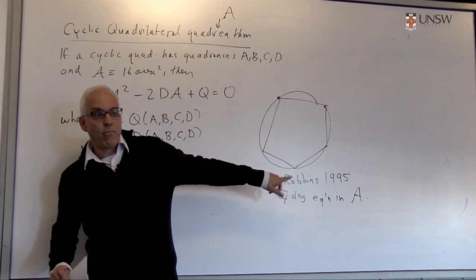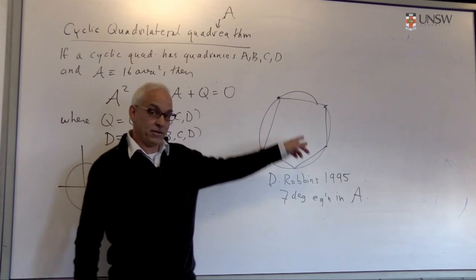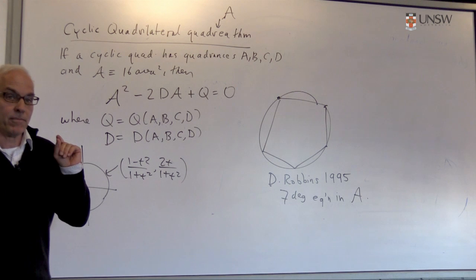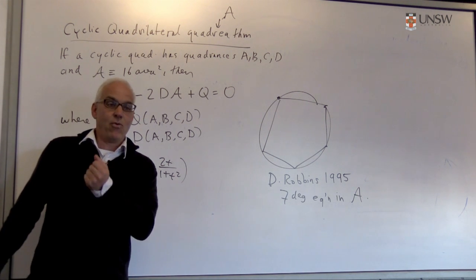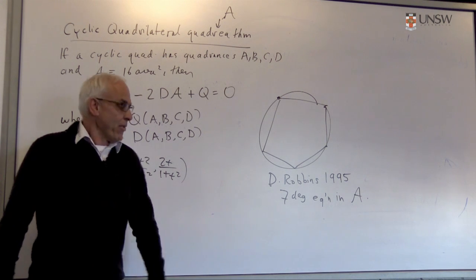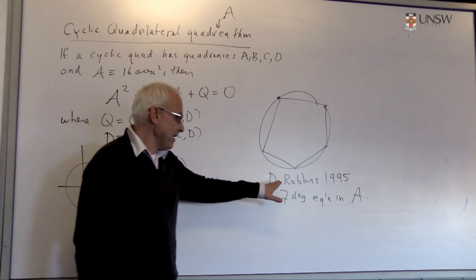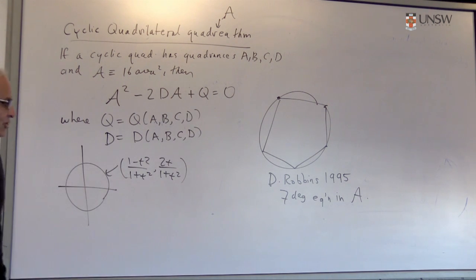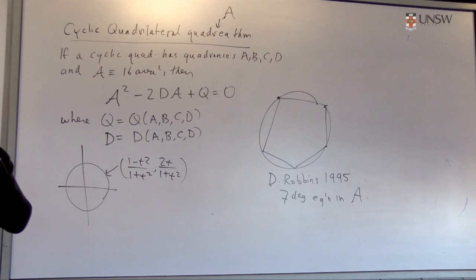But it turns out that, in fact, Mobius knew this. Mobius had also thought about this question and had realized that there was a 7-degree relation that the quadrances had to satisfy, but he wasn't able to write down what it was. But Robbins, I don't think he was actually aware of Mobius's work, but in any case, he'd been thinking about this problem for many, many years, since he was a teenager, and eventually he cracked this and wrote down this beautiful 7-degree equation.